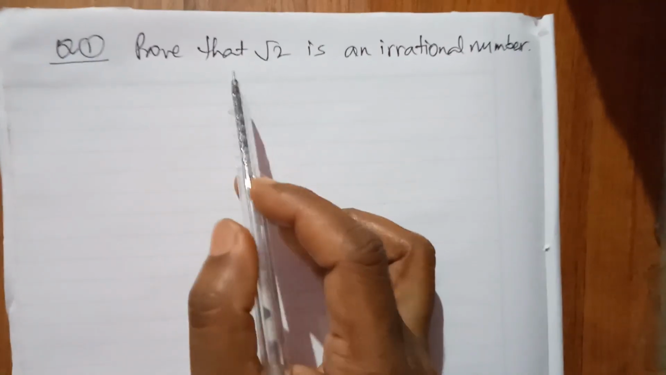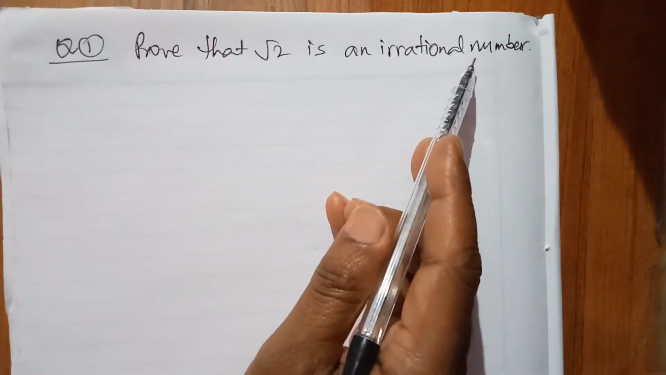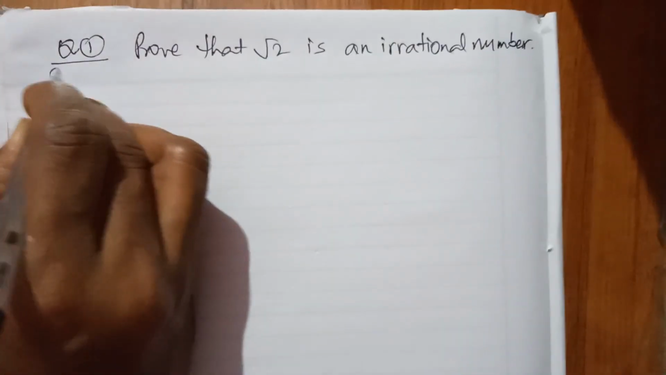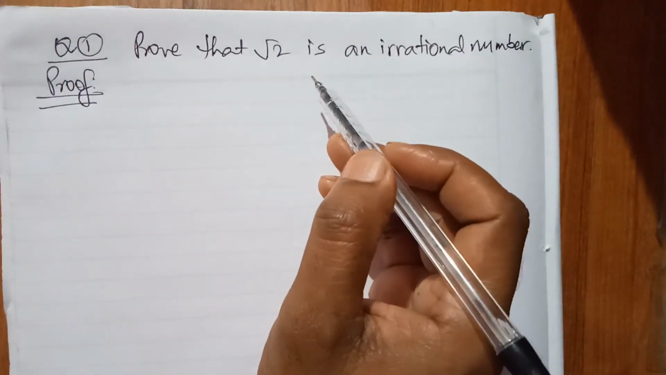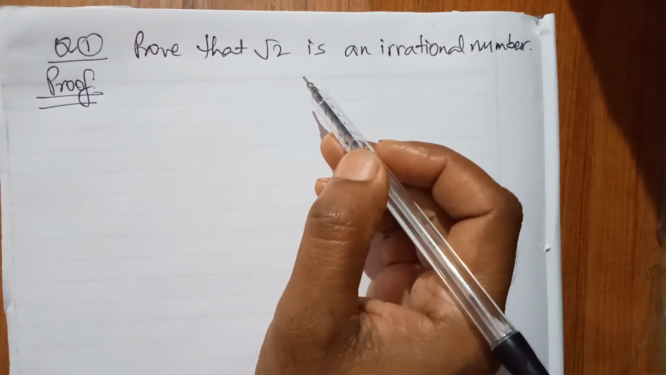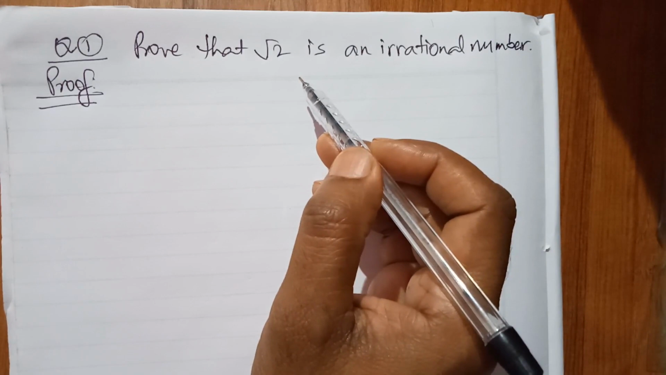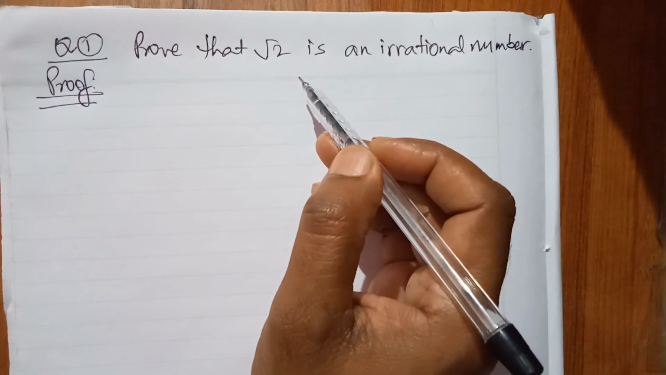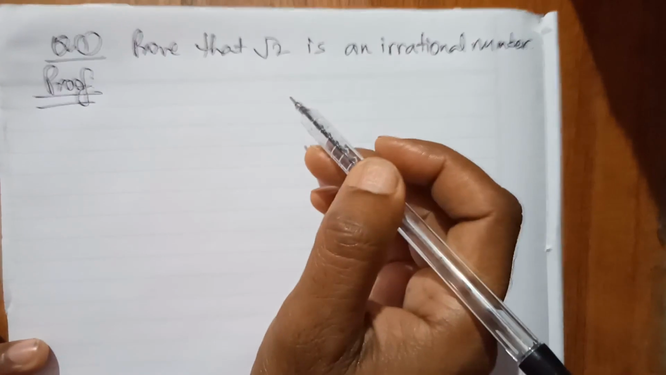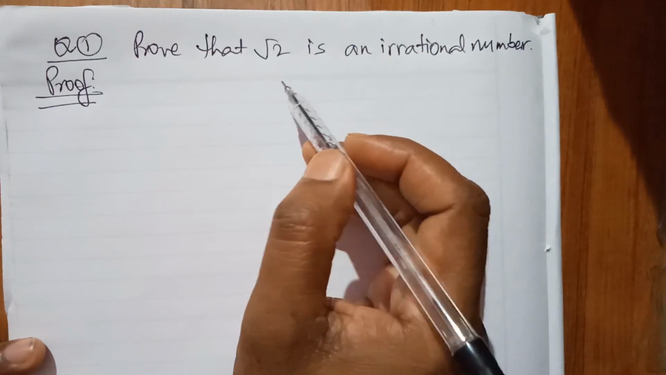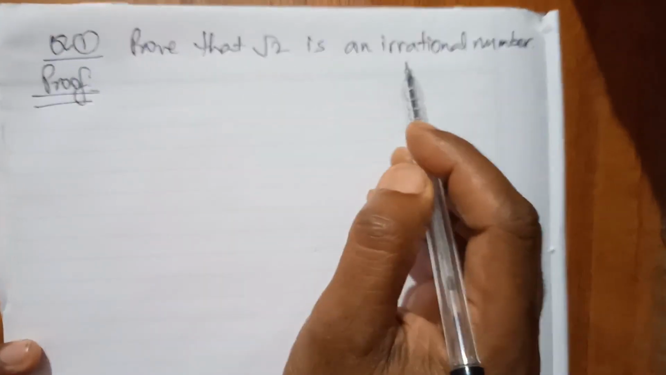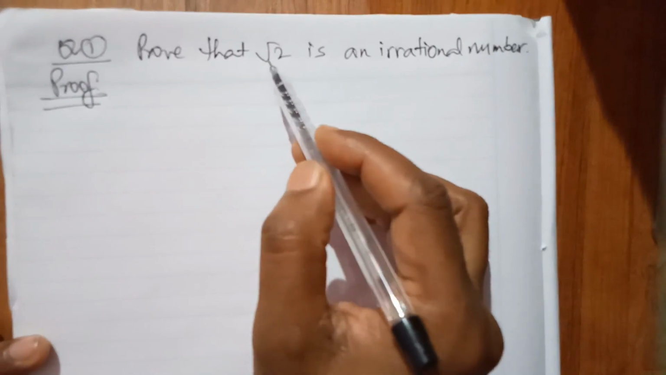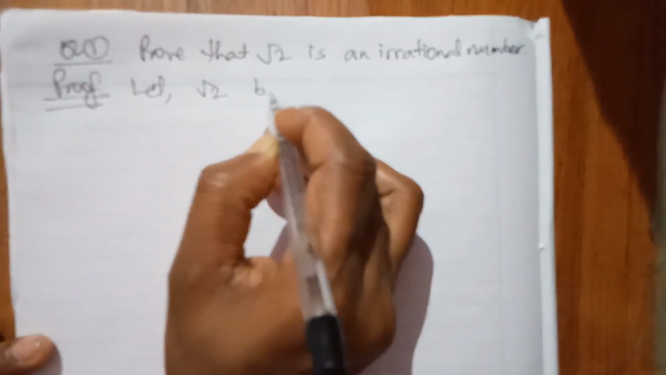So question is that prove that root 2 is an irrational number. Start the proof. But we don't have any direct proof for proving irrational number. So what we'll do, we'll apply the contradiction method. Contradiction method means what you are asked to prove, you have to assume the opposite one. As root 2 you are going to prove irrational, so you have to assume that root 2 is a rational number. So write let root 2 be a